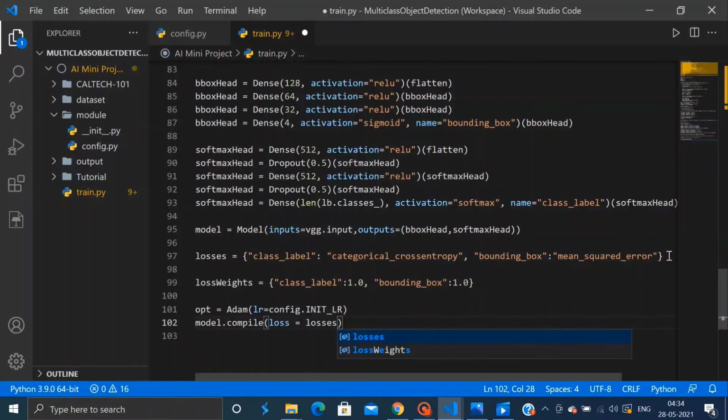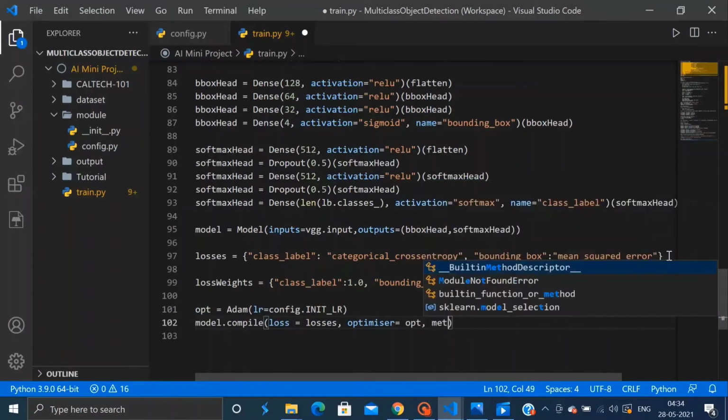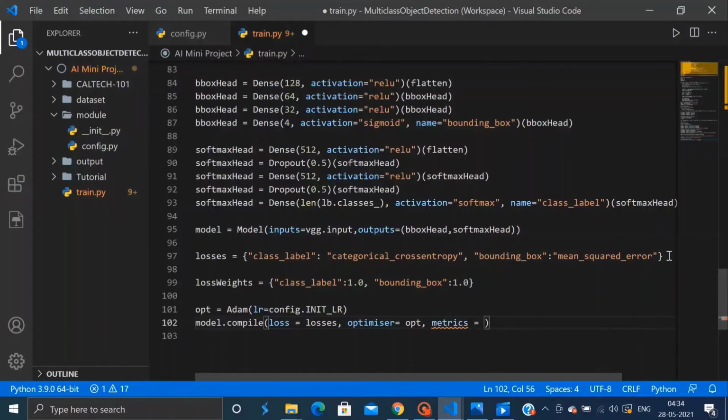So model.compile loss is equal to losses, optimizer is equal to opt, metrics will be equal to the accuracy, and then loss_weights as loss weights.